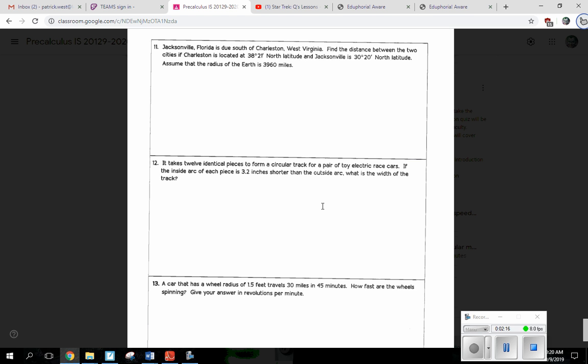Okay, please remember when it comes to retakes, and I'm already anticipating several people are going to want to retake the exam from Monday, you have to have the assignments done in order to do that. One of them is this one right here. Okay, you have to have that turned in before or by the time you retake.